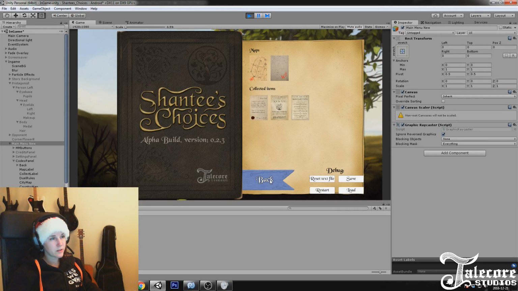Yeah, I talked about the codex briefly. This, of course, is going to be a lot prettier in the end. Of course, the maps, I'm going to have more maps and they're going to be prettier, or probably more maps, we'll see if there is a reason for it. You're going to be able to collect more items. There are also going to be phrases and people and everything. It should be an actual codex, so you can think, who was that guy? Right, I'm going to go to the codex and, oh yeah, that's him, and you can read some more.